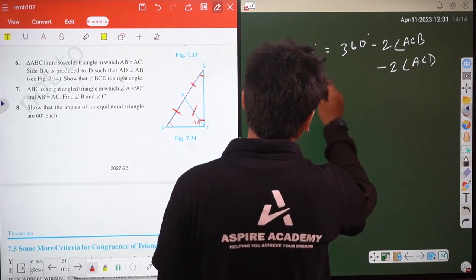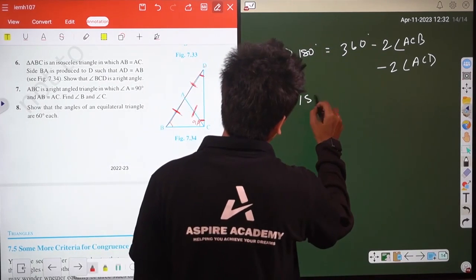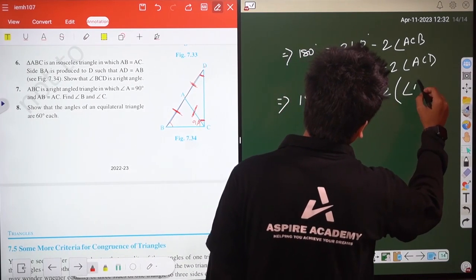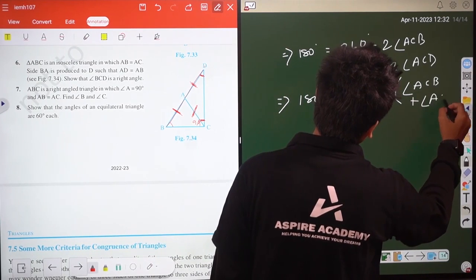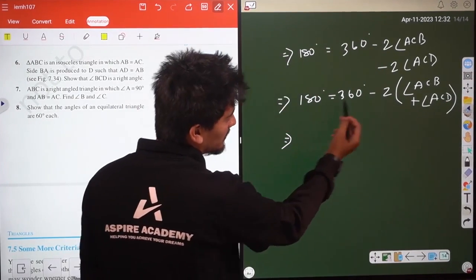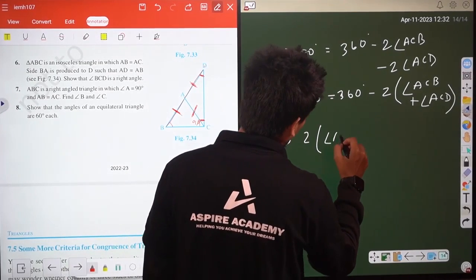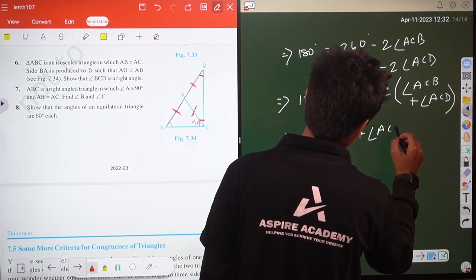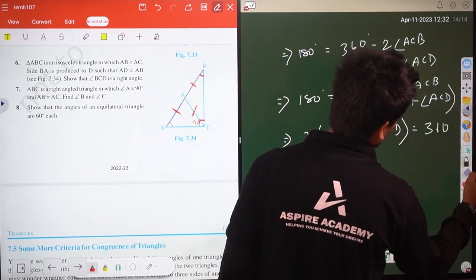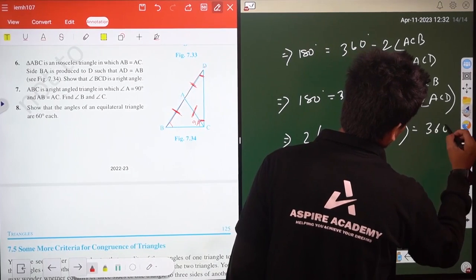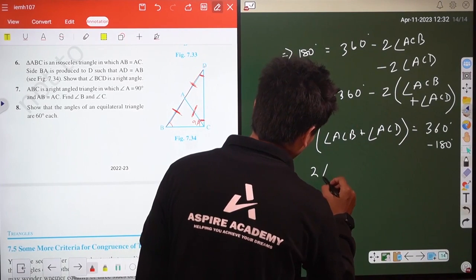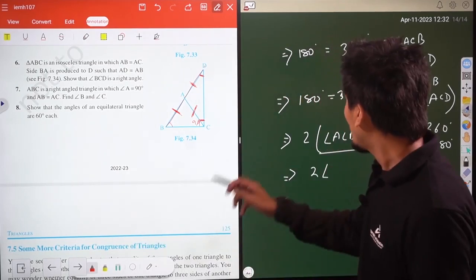So 180 degrees minus 360 degrees. So I can write here 180 degrees is equal to 360 degrees minus, if I take 2 common, angle ACB plus angle ACD, right? So if I take this to the left hand side and this 180 to the right hand side, it will be twice of angle ACB plus angle ACD is equal to 360 degrees minus 180 degrees. That means twice of angle, now see here, angle ACB